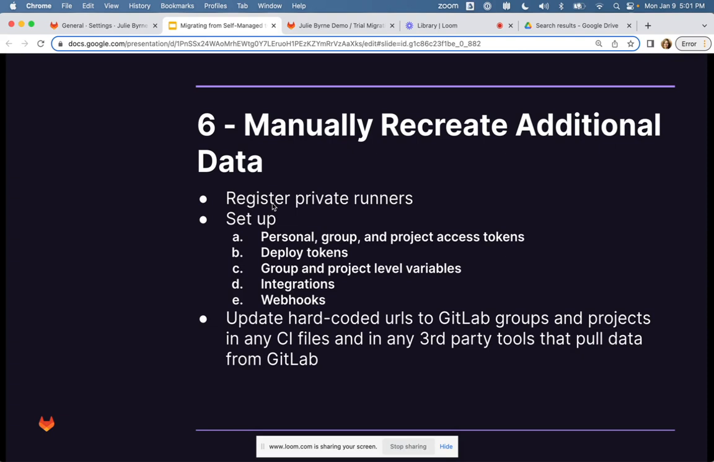If you're using Jenkins for CI, you're going to need to reconfigure your Jenkins projects to point to your new GitLab project location instead of the original location on your self-managed instance. Okay, that will help ensure that you have projects that are up and running and able to be used just like they were